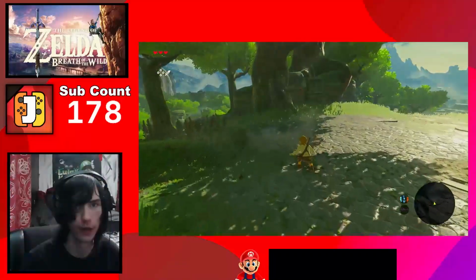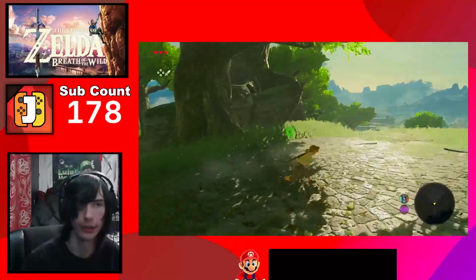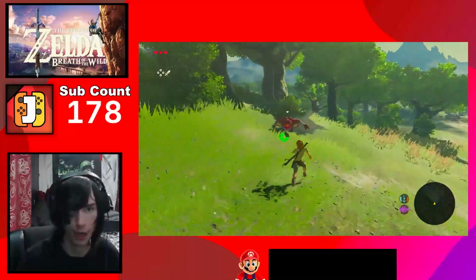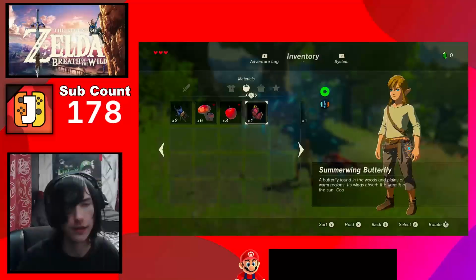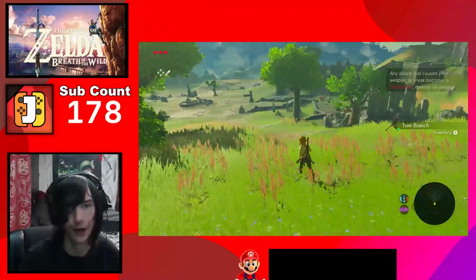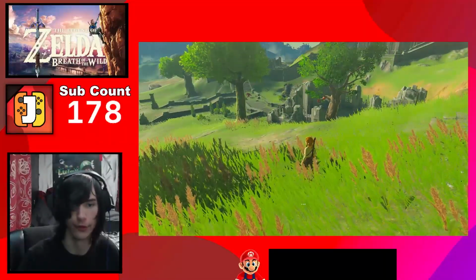So we got a butterfly over here. I kind of want to get the butterfly, because, like I said, guys, you want to make sure you're collecting pretty much everything that you see. And here's the very first enemy of the game. A bokoblin. And let's go pick up his branch, and then let's whack him in the head with it again. Alright, cool. He dropped us a bokoblin horn, so...